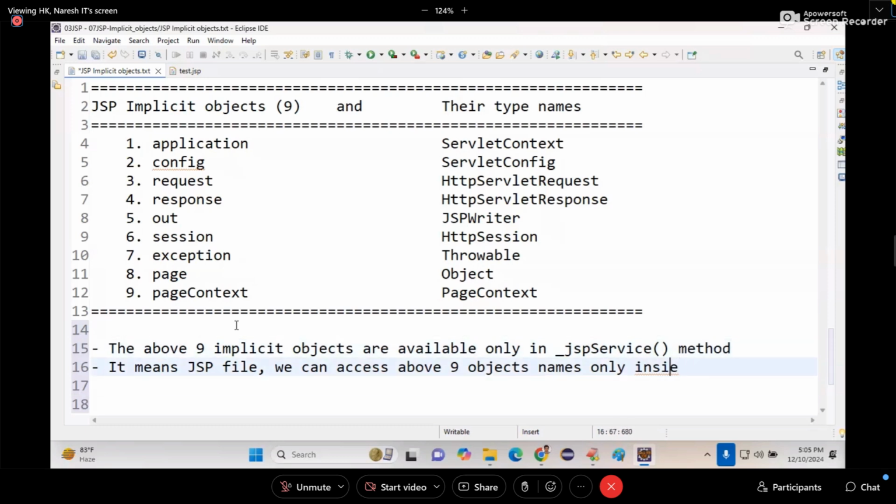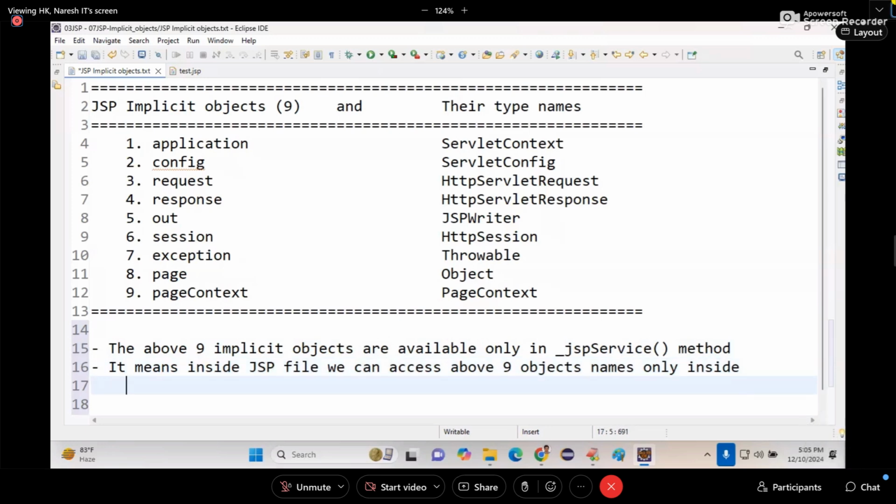Can you guess? I said underscore JSP, underscore service. What does underscore JSP service mean? I am telling you, the JSP file. It means inside a JSP file, we can access the above 9 objects names only inside